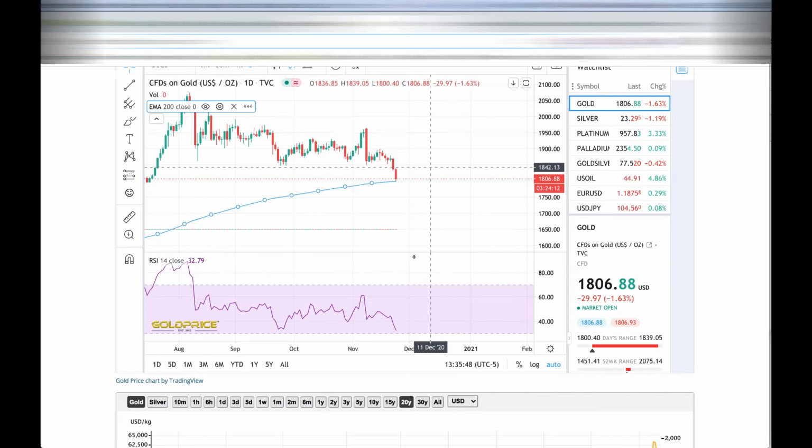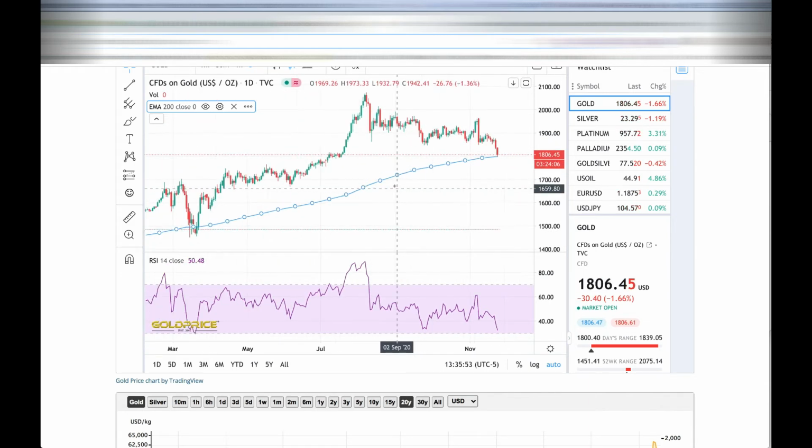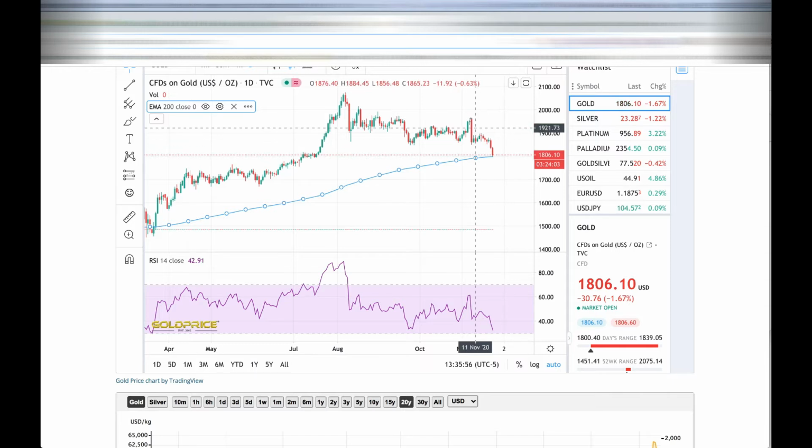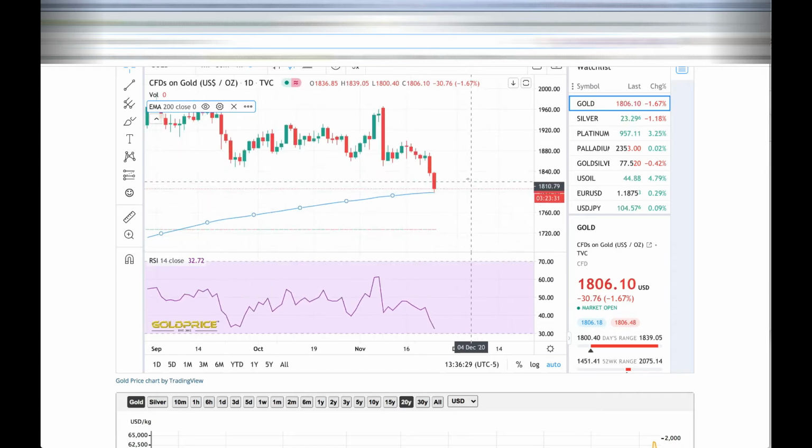Do I think that right now, if you look at the technical perspectives of how gold has been over the last few days, right? The massive drop that we've seen. This is a big drop. If you combine the drop from 1960 to basically 1800, where we are at, I would say from 1915 to 1800 is almost a 10% drop. That is what I would call a gold crash. And it did it over a period of almost a month, right? From the beginning of November all the way until the end of November, we've had basically a gold crash.